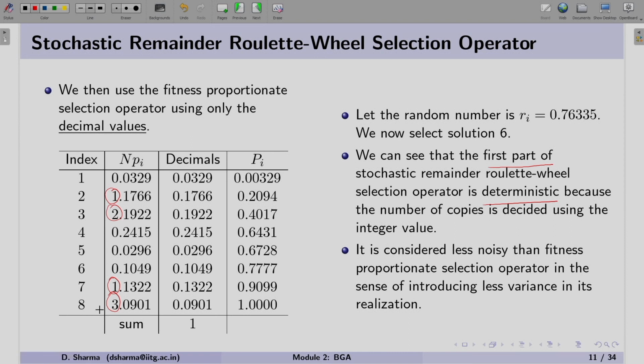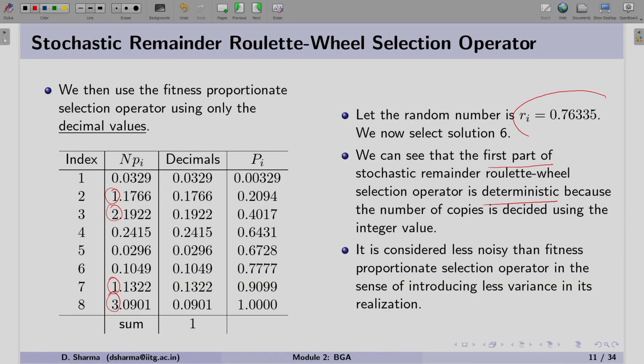That makes the first part of this operator deterministic. The second part, which we have just discussed with the help of the random number and the decimal values, is stochastic in nature. Since the first part was deterministic, this operator is considered less noisy than the fitness proportionate selection operator, in the sense of introducing less variance in its realization.